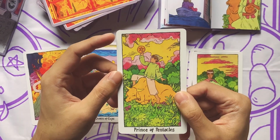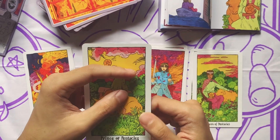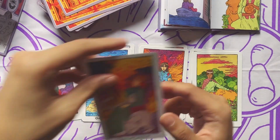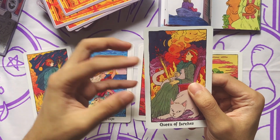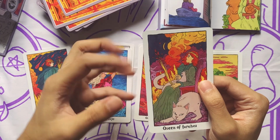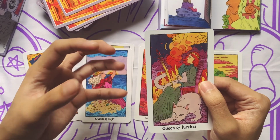The Prince of Pentacles. This is so cute. This prince is so cute. A little boy, again with a sleeping buffalo or sleeping ox. I like that. Queen of Torches. Amazing. One of the cards that I always look at, and I see two cats here. She's definitely a nurturer. She's taking care of the little kitten, but at the same time she has already reared, you know, that big